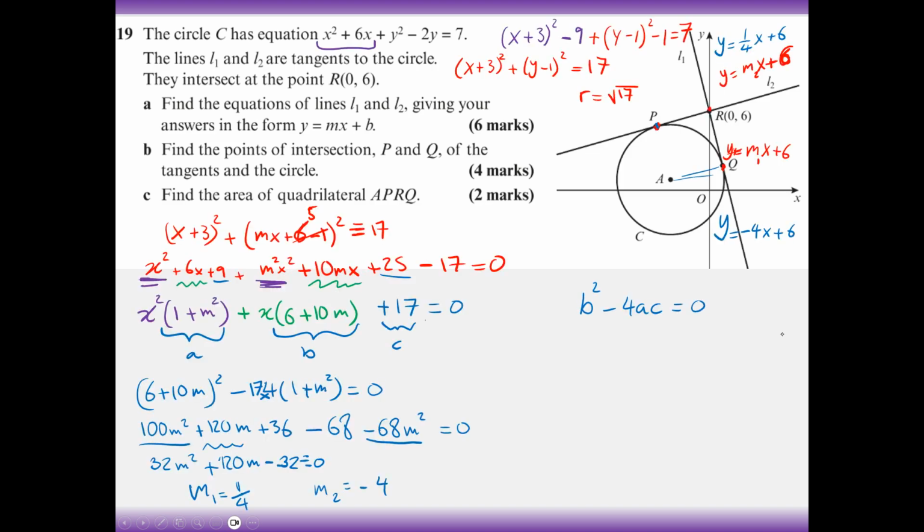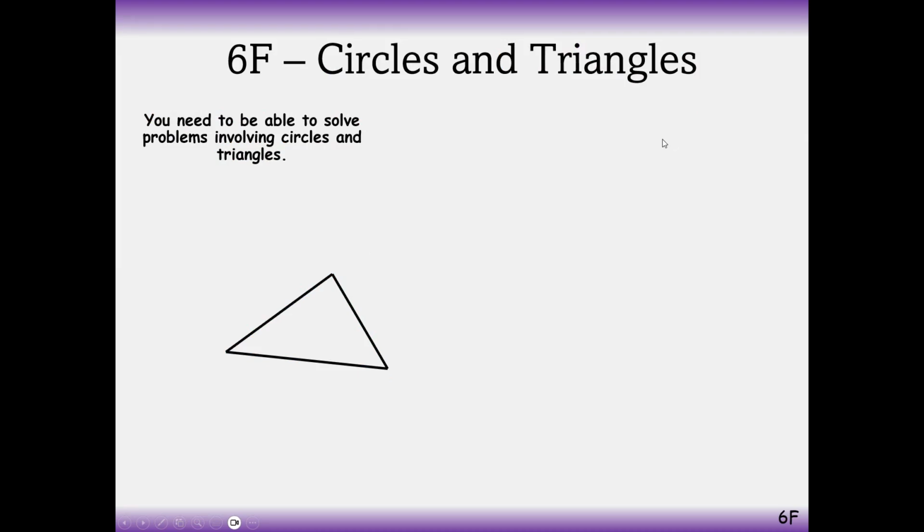So here's the solution to this problem, and the final answers turn out to be the gradients. We were finding the gradients. One is a quarter and the other one is negative 4, and they're perpendicular to each other because, well, this is a square here. All right, so we figured out the gradients of L1 and L2. Now in this section we go to what you need to know to solve questions from exercise